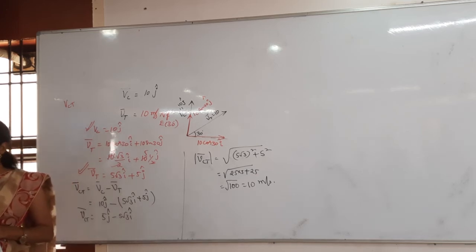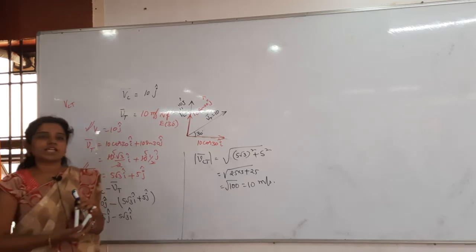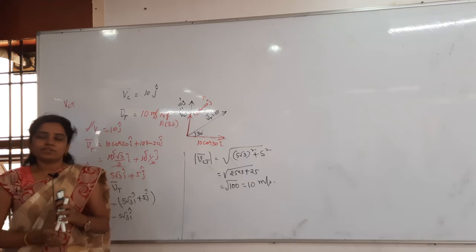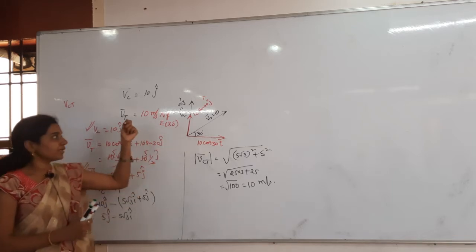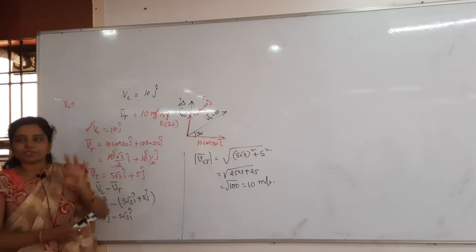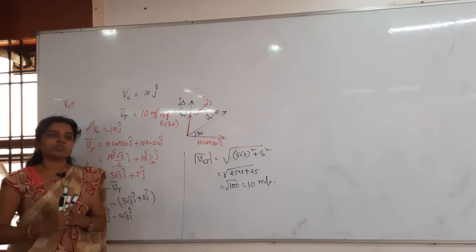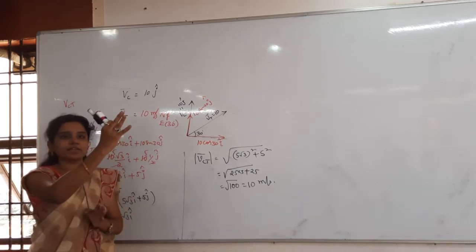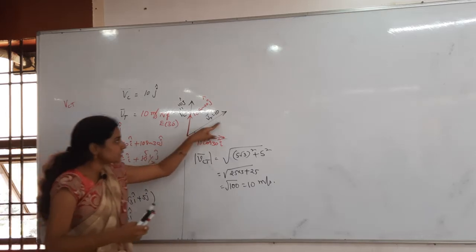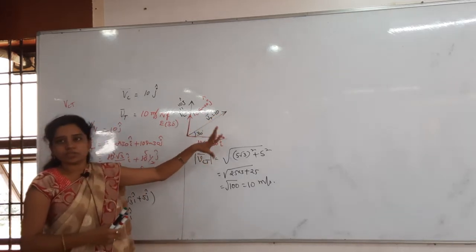Understand now clearly? Yes? See, I will repeat again. First of all, they have given the velocity of the car. Car is moving in which direction? North direction. Without drawing the diagram also you can do this one. North direction, nothing but immediately you have to take 10 j cap as the velocity of the car. Next they are saying that the truck is moving 30 degrees north of east, nothing but it is moving slantly. Now you take the diagram, it is moving slantly in this direction. So we will get two components.